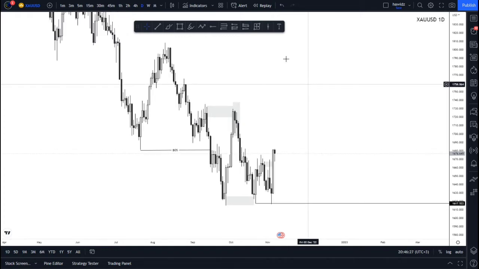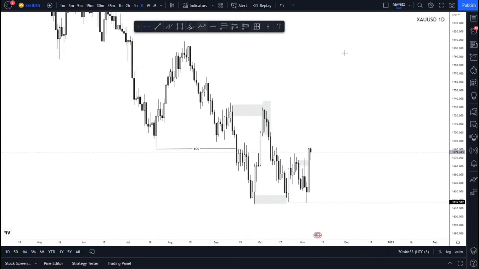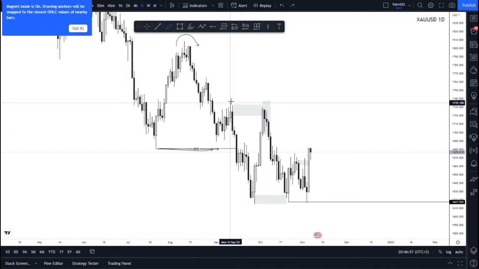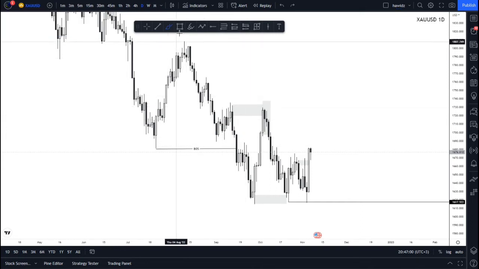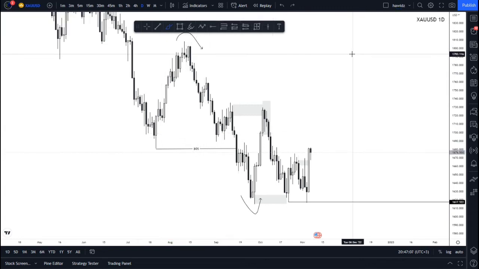So this was the overall setup or entry that I was looking to take, right? Because what we had was this break of structure here that particularly originated from this high with the creation of this low. So what we had was simply a structural impulse, pushing bearish. So this was the structural impulse that caused what? A break of structure. And from that, we are now focused, right? So this was the high and this was the low and this was the break. Okay, the break is pretty much annotated. So the next thing that we were looking at is